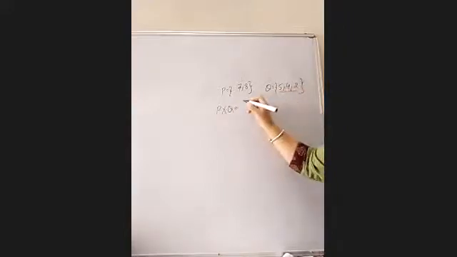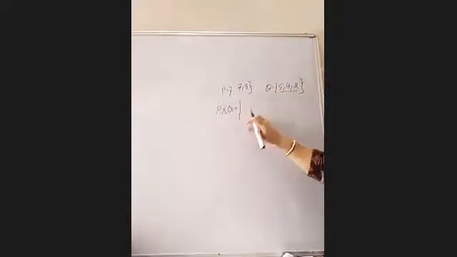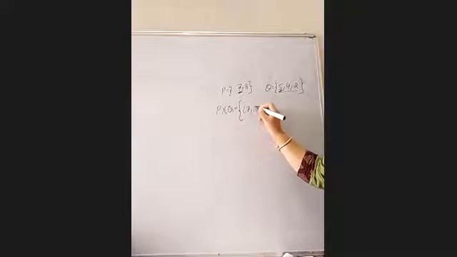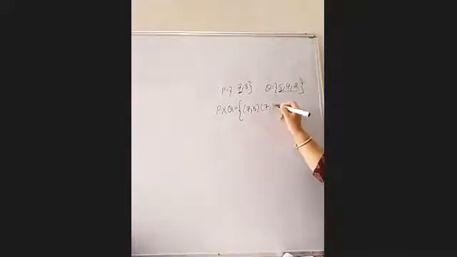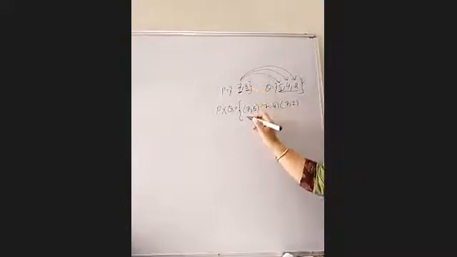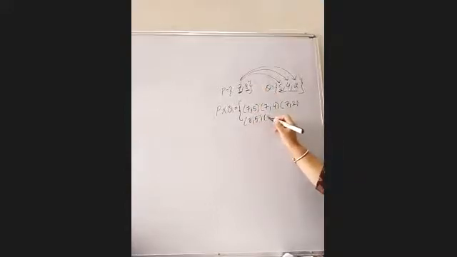So first of all, place a curly bracket. What do you have to write first here? Curly bracket. Okay, curly bracket. Now write the first element 7 and with that 5. So what will come? 7, 5. Next 7, 4. Next 7, 2. Means this first element we relate with all these elements which are in the second set. Then next take 8 with 5. Then 8 with 4. Next 8 with the 2. So this is how we can find out the cross product.